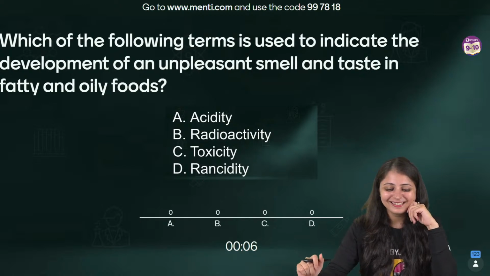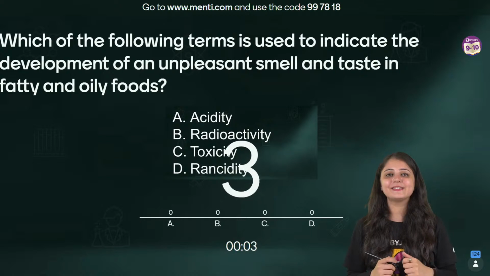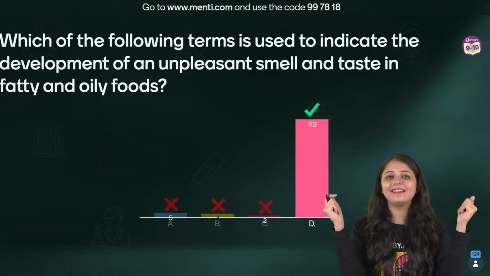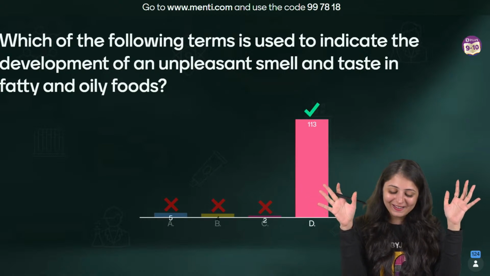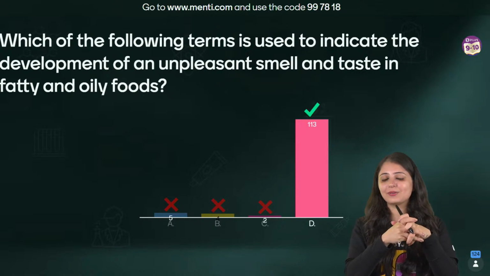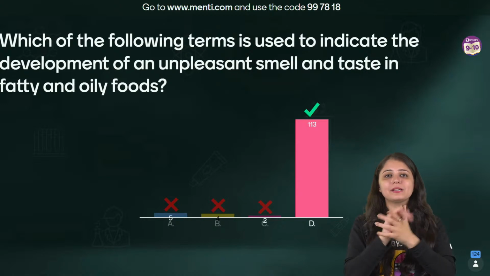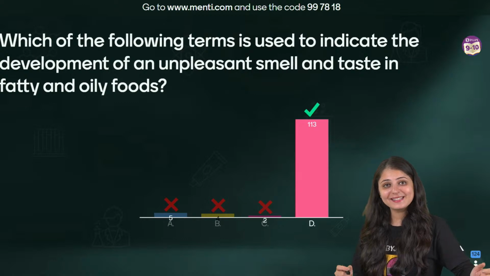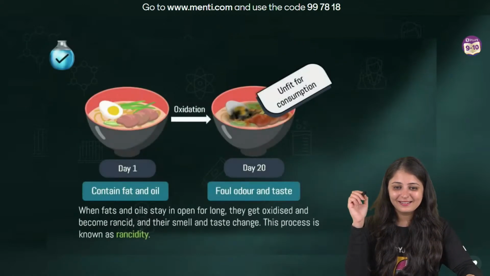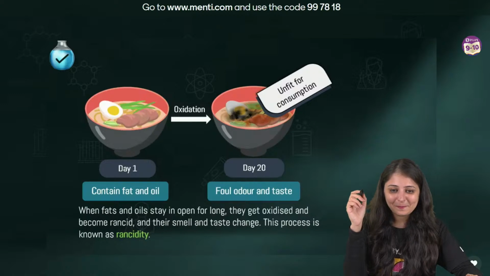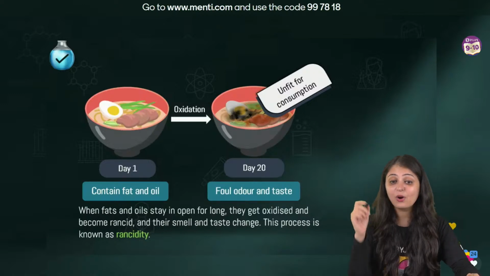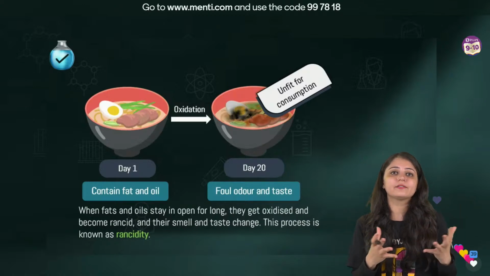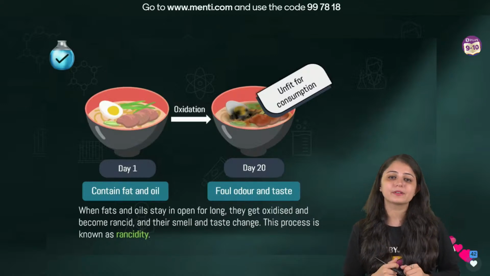Yeah? Okay. Let's see. Last 5 seconds. And ta-da! Hey, I can actually take a sigh of relief. Great! 113 students got this right. I think 113 बहुत सारे questions में हमने note किया. 113 students were getting it right. Awesome! Yes, the correct term is rancidity. Good! Awesome! Hey Shraddha, oxidation is there, right? So, rancidity is nothing but the aerial oxidation of food containing fats and oils. So yes, you still need to be prepared about this.